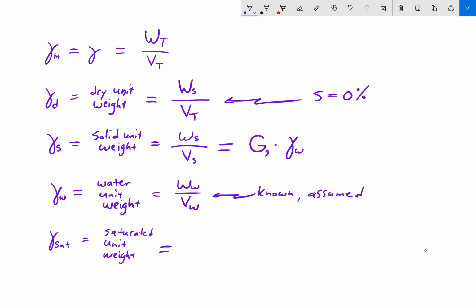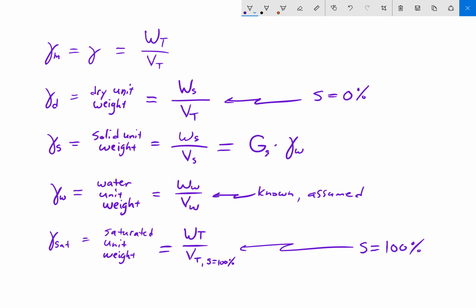This is equal to the total weight divided by the total volume in the instance that the degree of saturation is 100%. So if you think of it kind of like the dry unit weight was a degree of saturation of 0%, this is the opposite of that. This is if the soil is completely saturated, the voids are completely filled with water, and so the degree of saturation is 100%. That's the saturated unit weight, and this is typically the unit weight of soil that we assume